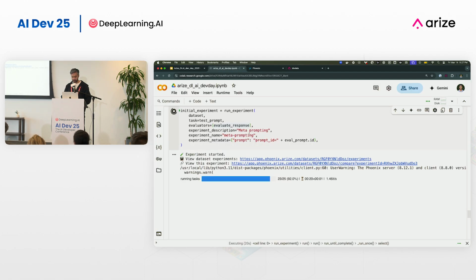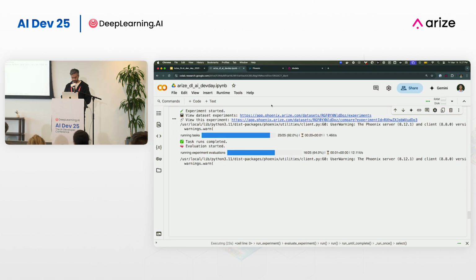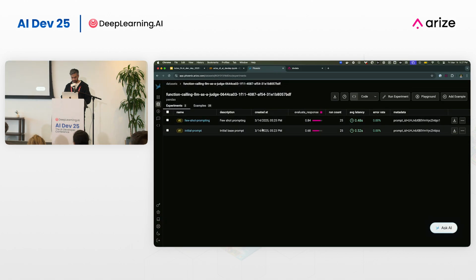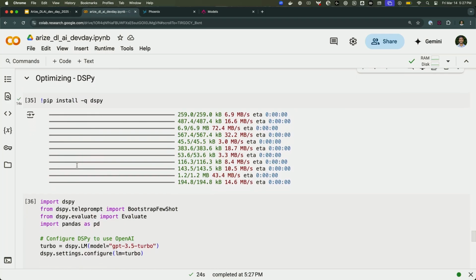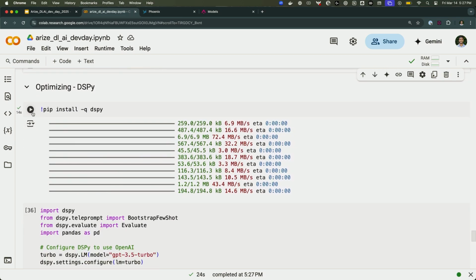Give it a couple seconds to run. All right, look at that. Refresh the page. I've now gone from 68% to 84% to now 88%. That means if I use an LLM to prompt engineer and give it specific examples, it seems to be performing better. Again, your mileage may vary. It depends a lot on the task, but the goal here is to be able to measure the techniques that you're using. Okay, I think we're coming up on one of the last ones here, which is DSPy.